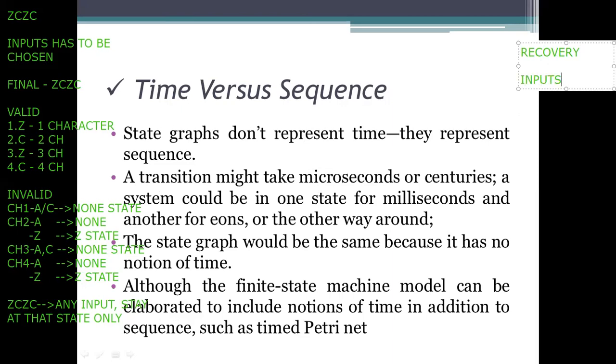Here we need to read the string, but it is not string processing. There is no recognition to be done. What we have to do is check whether the tape is working or not.